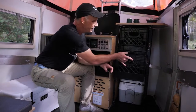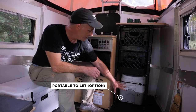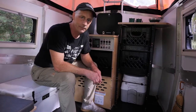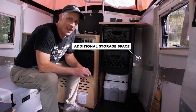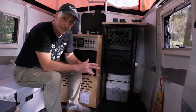to the picnic table. We're showing you a porta potty down here, and it fits perfectly right there, but that could also be a milk crate instead, and the Cricket comes with 3 milk crates for this tower. On the right of the tower, you'll see a space for taller storage items. We imagine yoga mats and folding chairs and folding tables, the kinds of things you might outfit underneath the awning